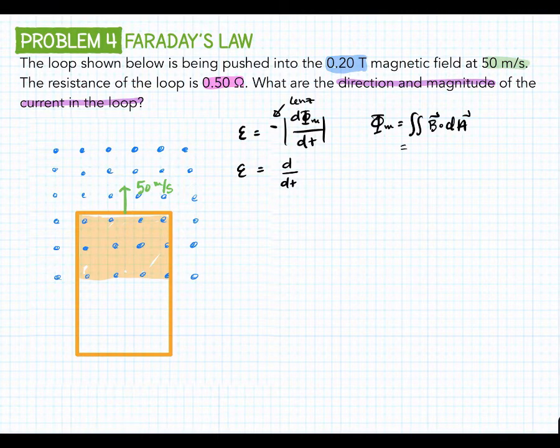So effectively that brings us to B, right? This is just going to be B because that's constant, times the area. Well, the area, this is a rectangular thing, so you can say this is your Y, but of course we aren't even given this length, and we only care about the area that's inside the field, and then this is our X, which we're given to be 5 centimeters. Okay, but I'm just going to write that this way, so this becomes BXY, but remember Y changes with time. All right, so we're going to plug that in here, BXY,